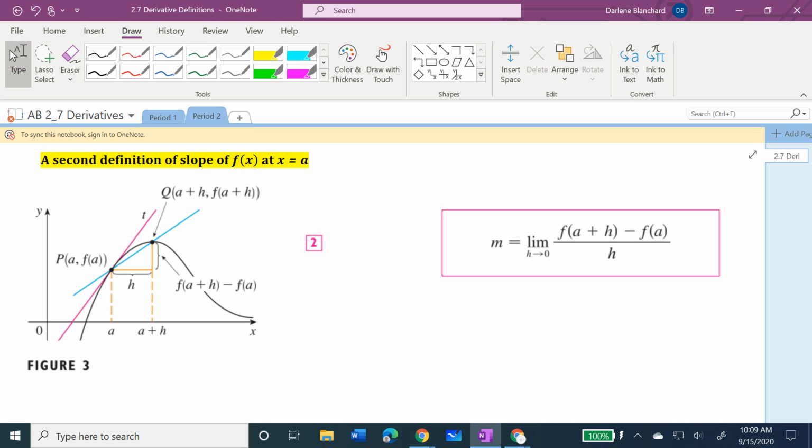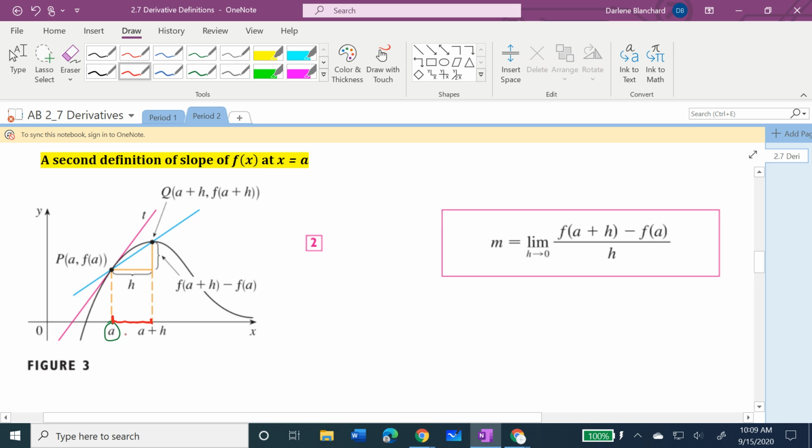A is, again, a particular x coordinate. X coordinate a is the same as x coordinate a before. We're trying to find the slope of this red tangent line using the blue secant line that goes through point P and point Q. The big thing about this definition is it is using